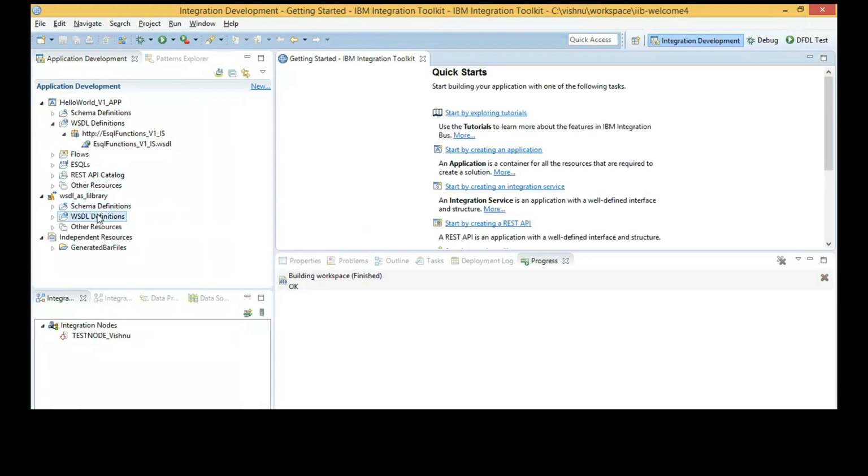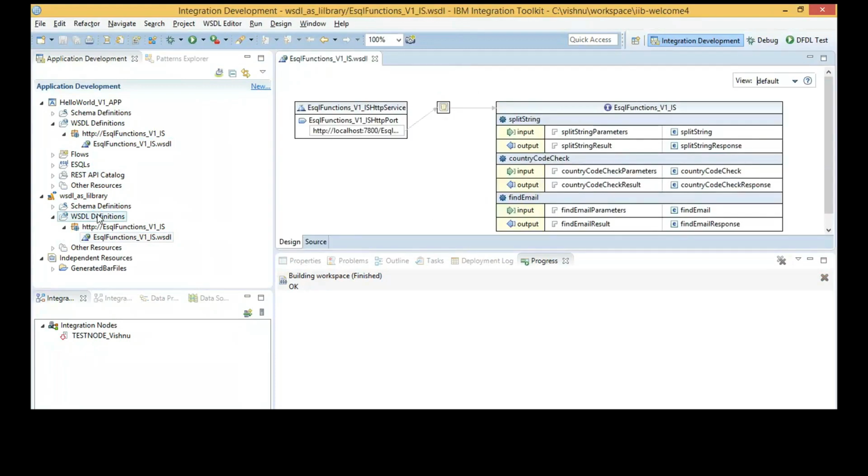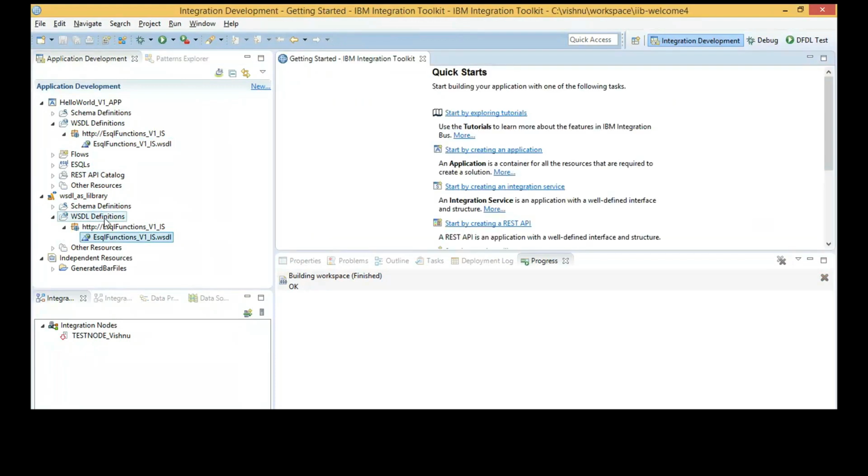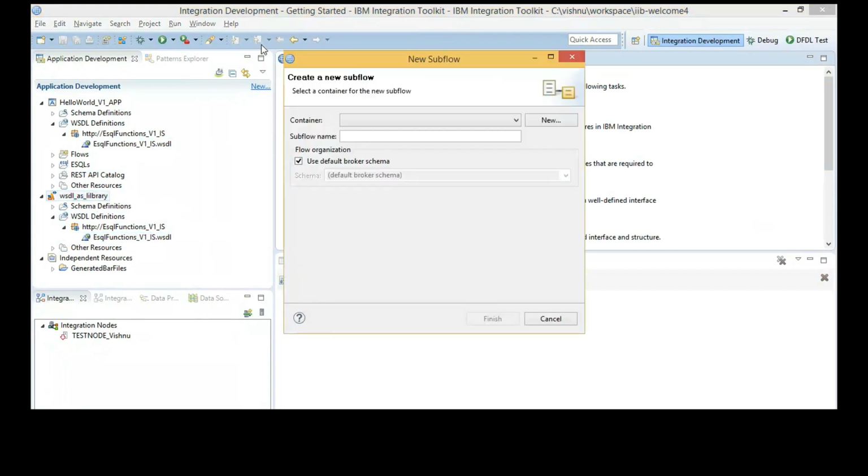The WSDL file is now imported into the library. We see all the same operations. Now I'm going to create a few subflows, one subflow for each operation within the WSDL.